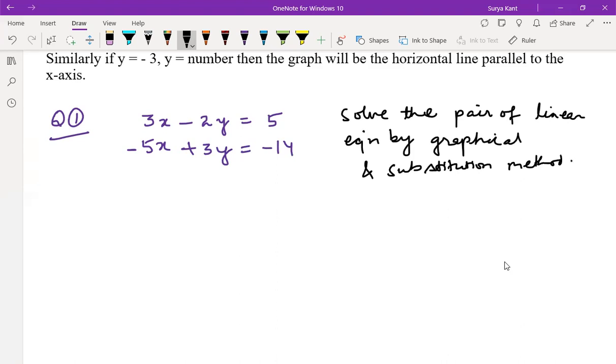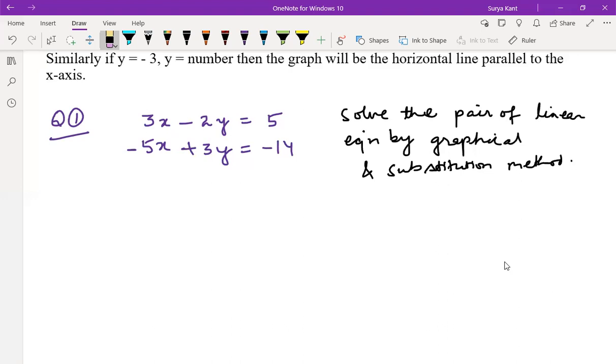Only one question, because here what will you find? You can draw only a graph now. Here you have to find a solution. Solve the pair of linear equations, you should find the solution of x and y. If I tell only this much, you will draw only lines, right? You can't find the number of solutions. That is an infinite number of solutions. But if you are solving both equations, then you will get only one solution, or infinitely many solutions may come, or you may get no solution also. That case I'll tell you. You have to read it in class 10th actually, but I'll tell you here only, no problem. That is not a big thing. That is only a 5-minute class.